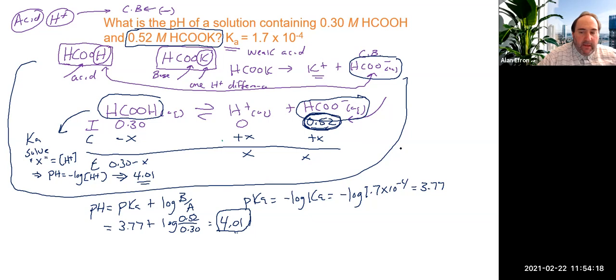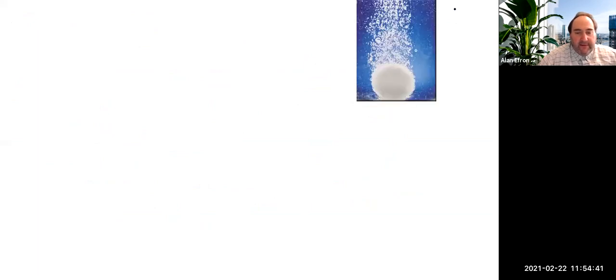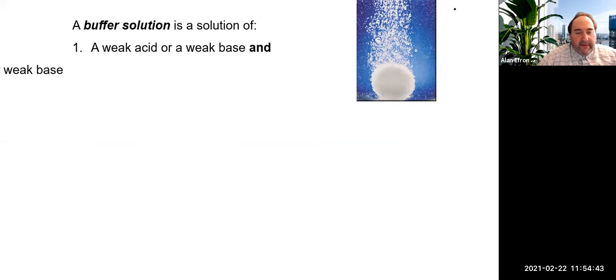Okay. So what we're talking about here really is a common ion effect. And for the most part, people don't all the time call it common ion effect. It really is a buffer situation. And a buffer situation is always a situation where we have this common ion effect happening. So let's talk about really what a buffer is. So a buffer is a